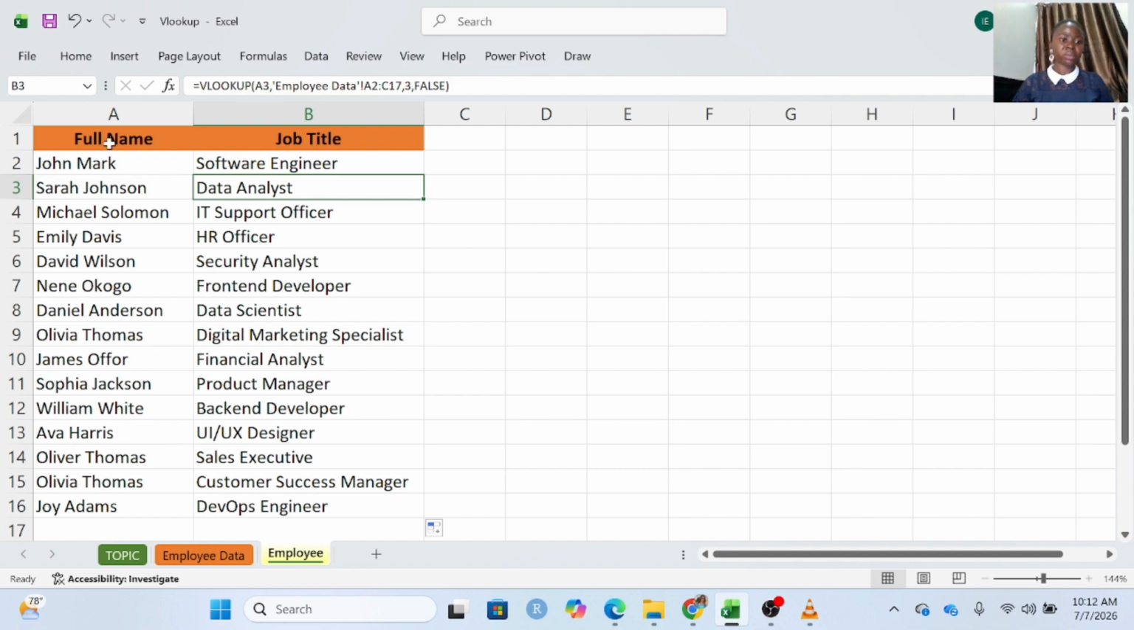So once you're done, you double click. So now we have the full name and job title. Okay, all right, so this is how you can use VLOOKUP in Excel. Now in our next video, I'm going to show you how you can also use XLOOKUP